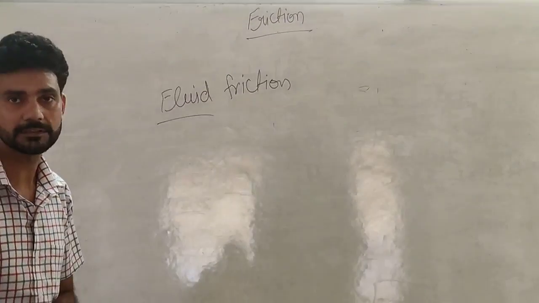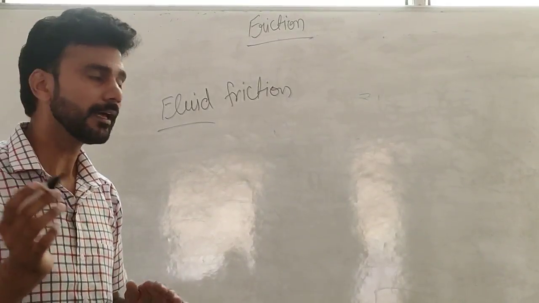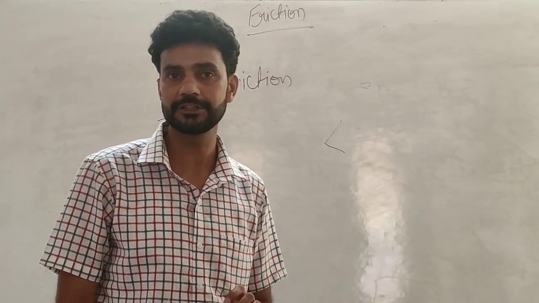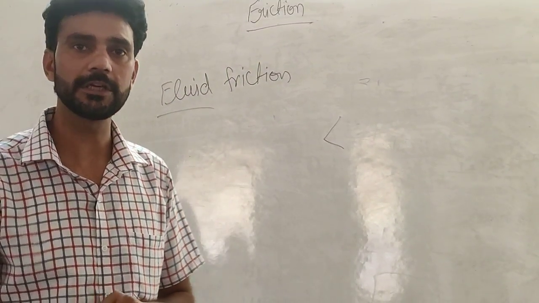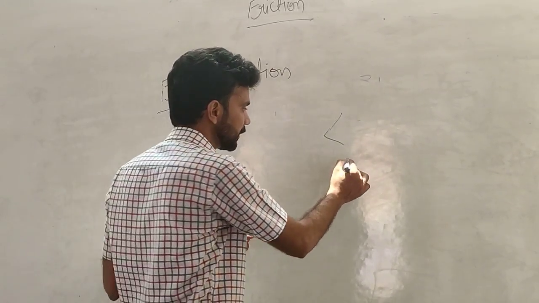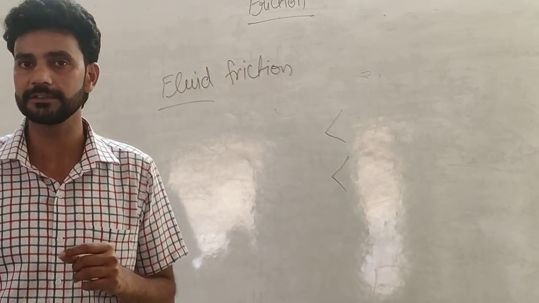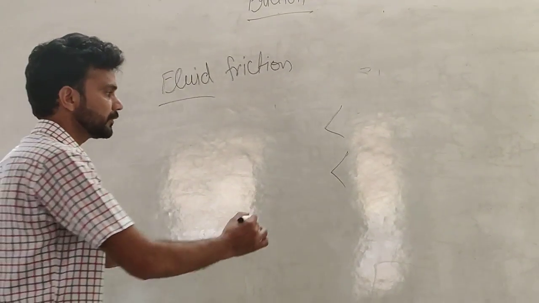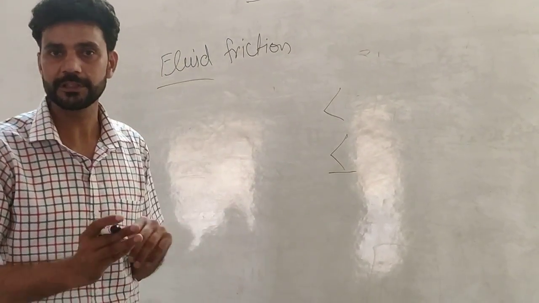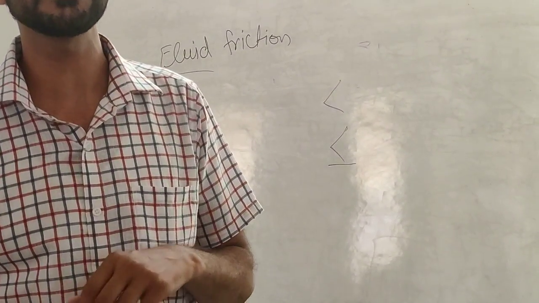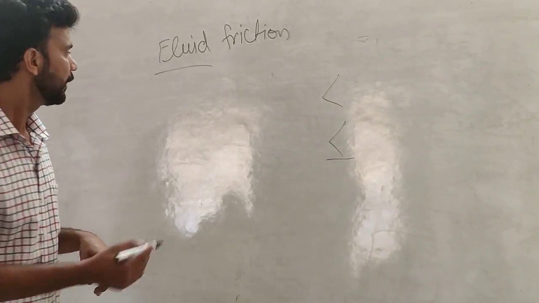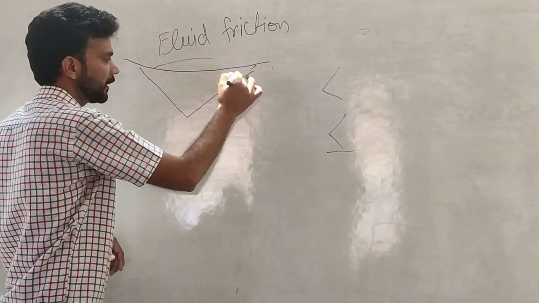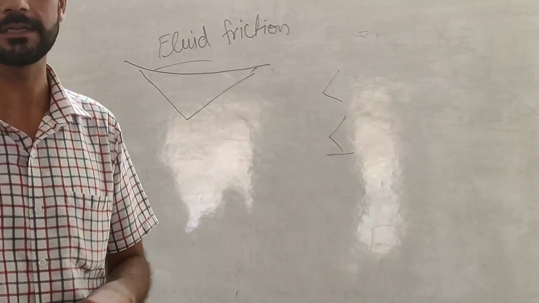Now we will discuss some examples related to fluid friction. The aeroplane is in streamline shape. From the front, the shape is like a V shape. Why does the aeroplane have streamline shape? Similarly, fishes have streamline shape. V shape is known as streamline shape, which is narrow at the top and broader at the bottom. Fishes, vehicles and aeroplanes have streamline shape. At the bottom of the ship, we have this shape. This is also streamline shape. Why do all these things have streamline shape?